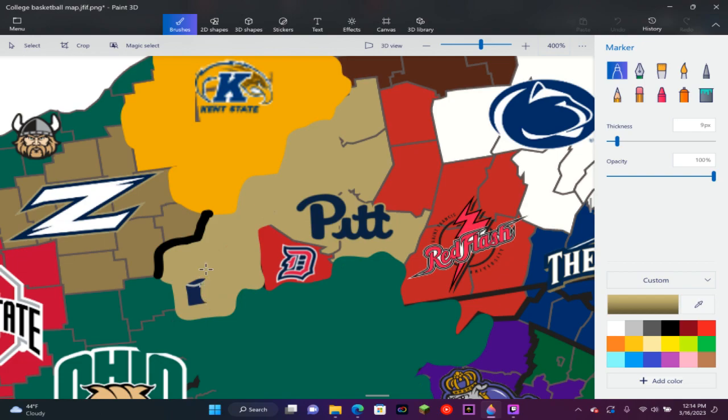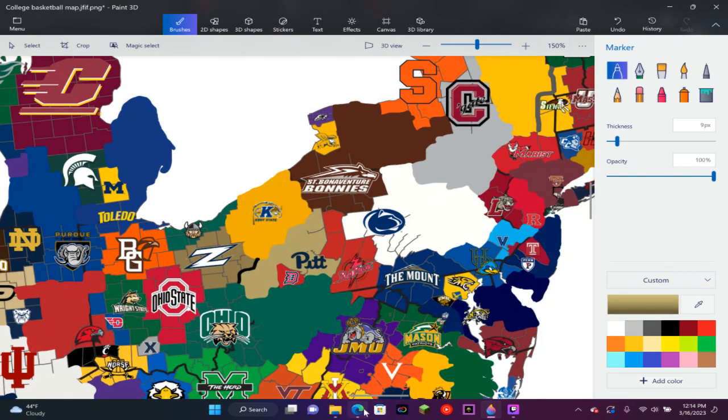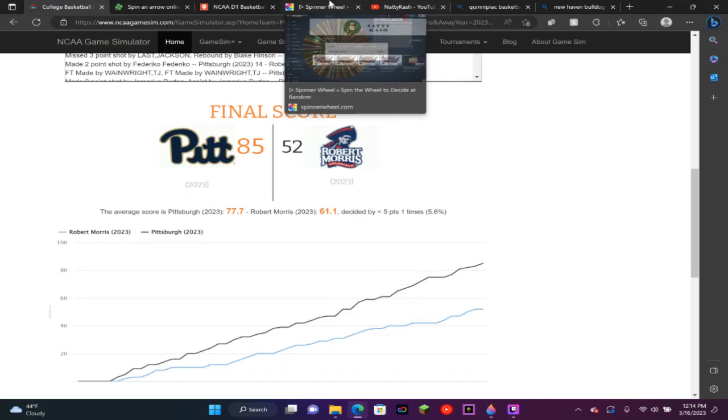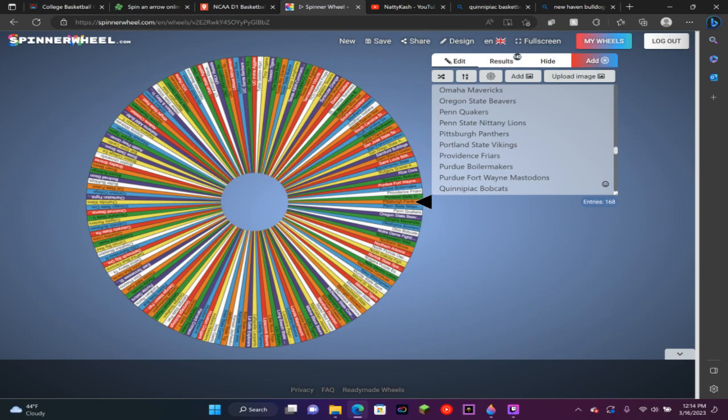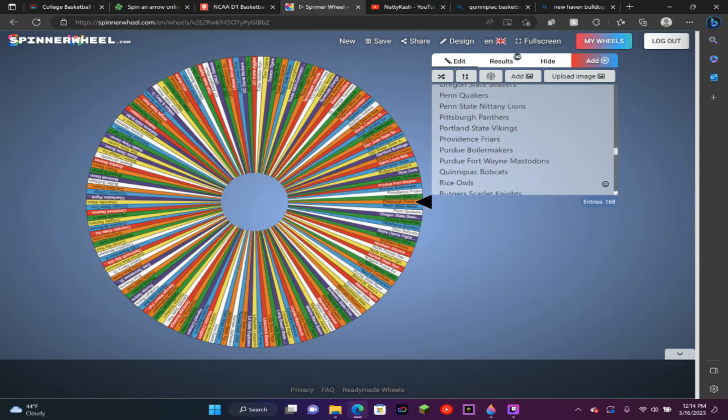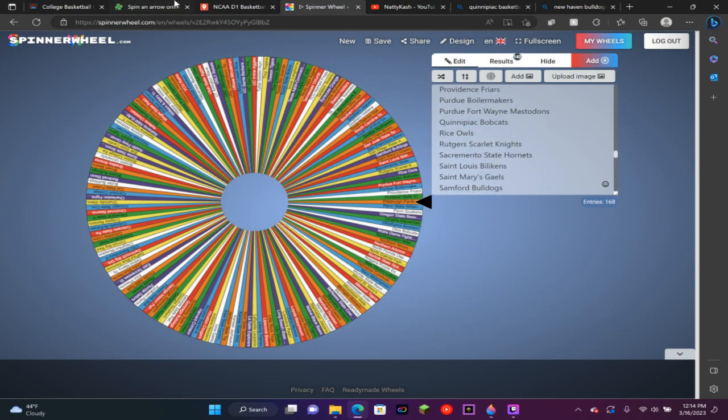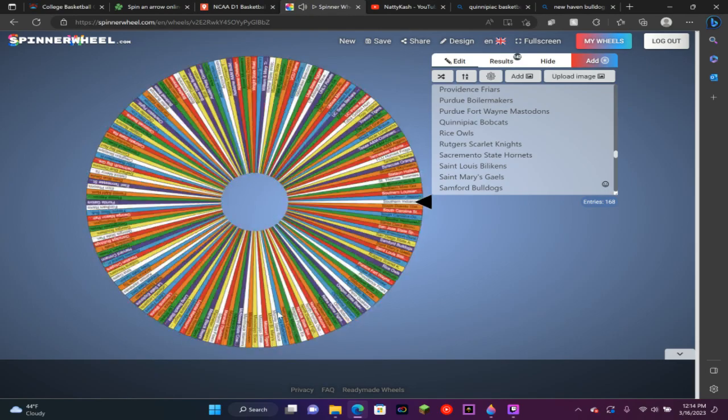I can't remember. Maybe not, but Pitt will continue their reign. And I don't think Robert Morris is on here because the R's are very thin on this. No. So that's okay. It will continue the reign